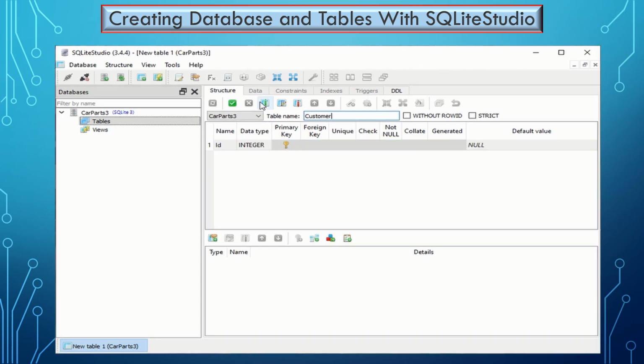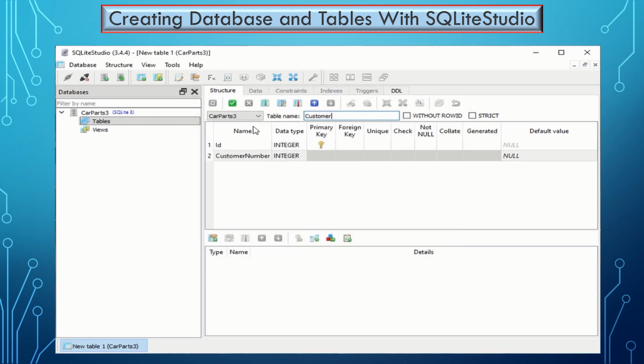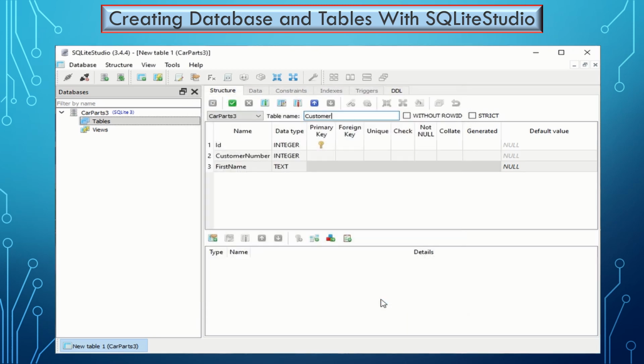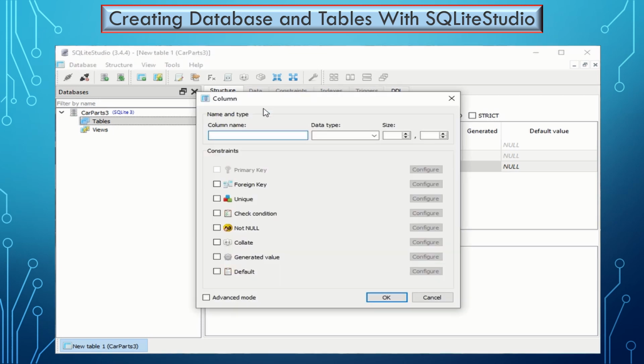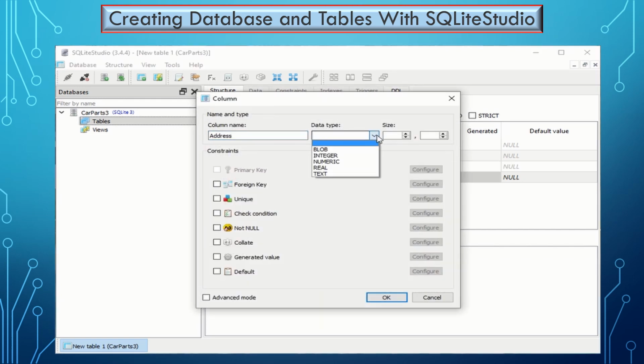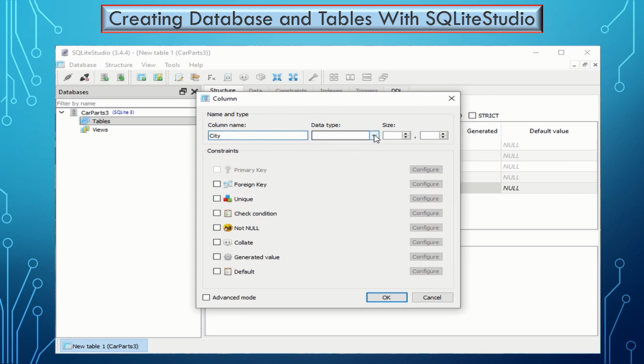Next, we will create a customer number column of type integer, and we'll create another column called first name of type text, and a last name column of type text, an address column of type text, a city column of type text,